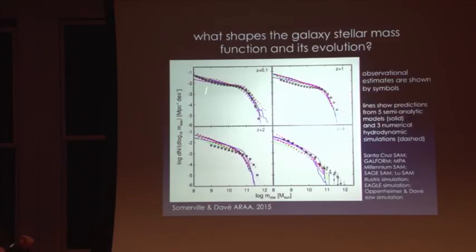Now, all of these simulations and models, yes, you're absolutely right. This stellar mass function was directly used to tune these recipes. So no surprise at all that these agree. But these observations were not used to tune. And in fact, you can see that the simulations do not match the observations, and they don't match the observations in the same way, in the same sense. They're wrong in the same way. And that makes us think maybe this actually means something.